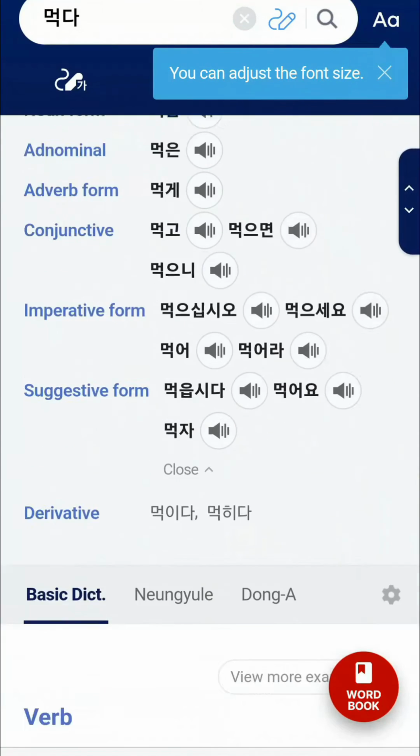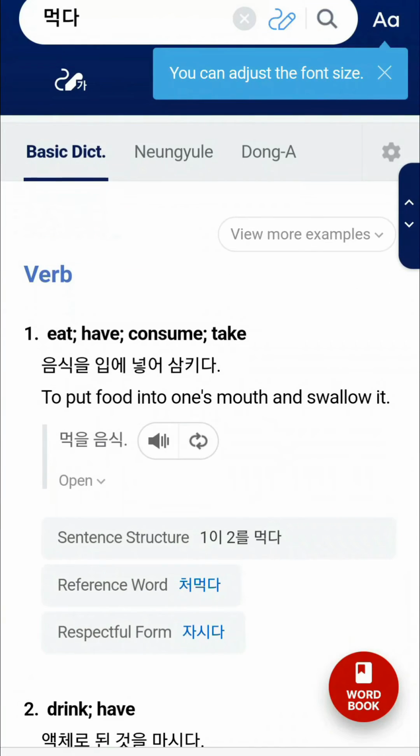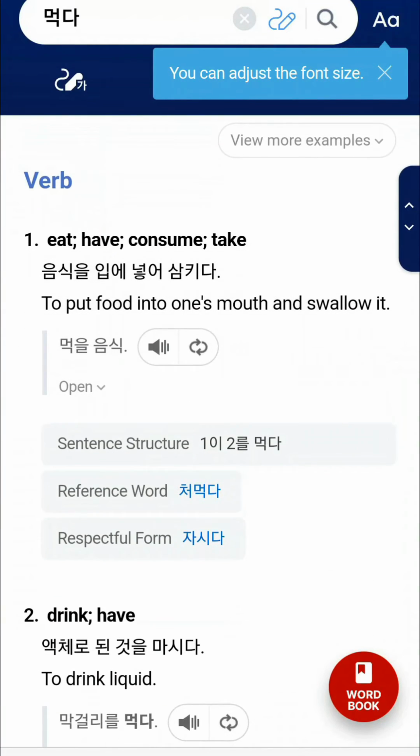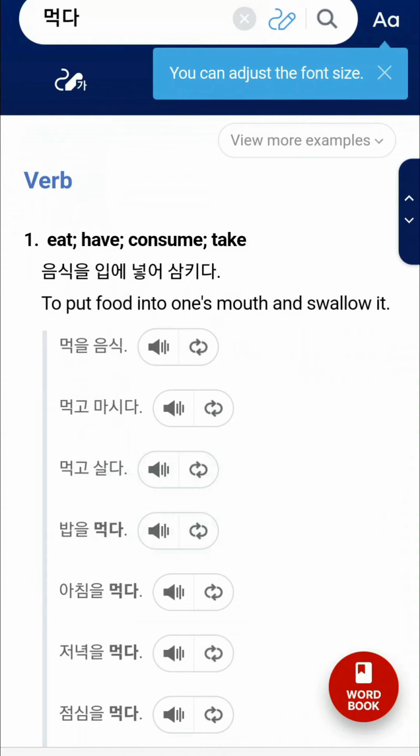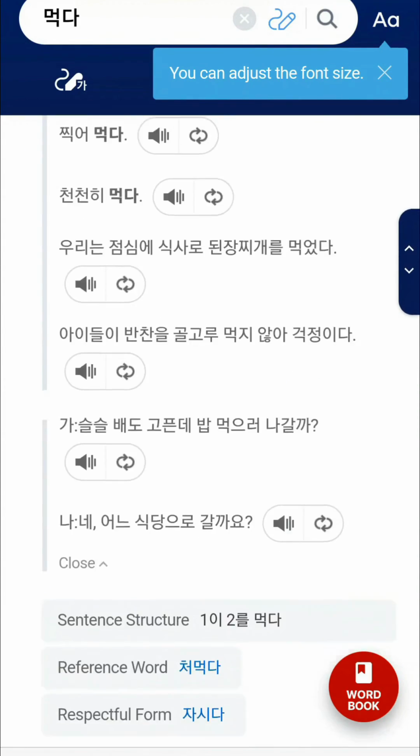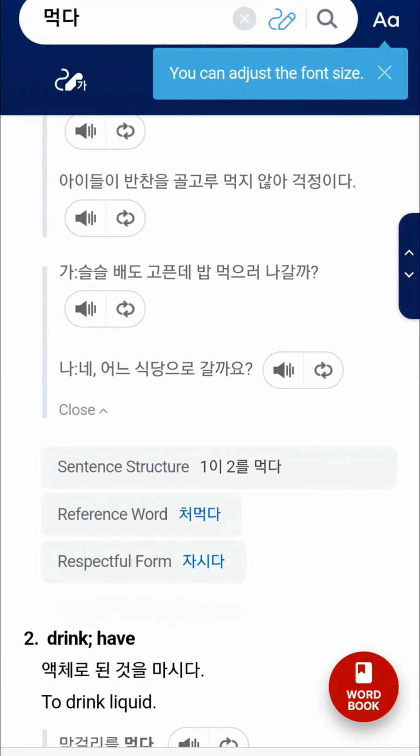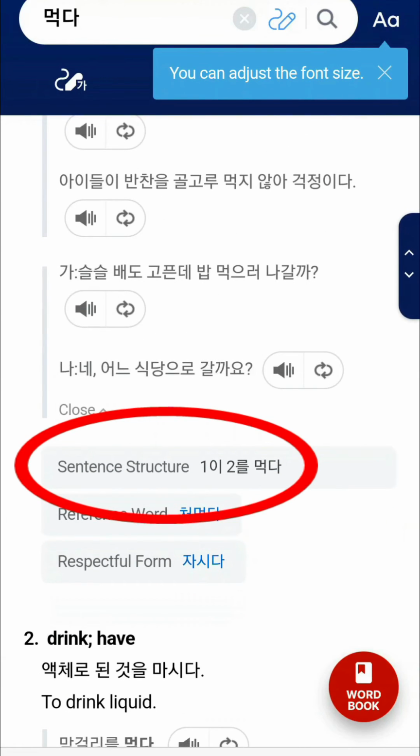And let's go to the meaning page. The verb, number 1, and example sentences as well. You can listen to the pronunciation. 먹을 음식, 먹고 마시다. And if you see the bottom of the meaning, you can see how to use this